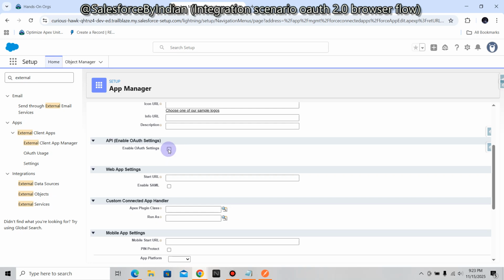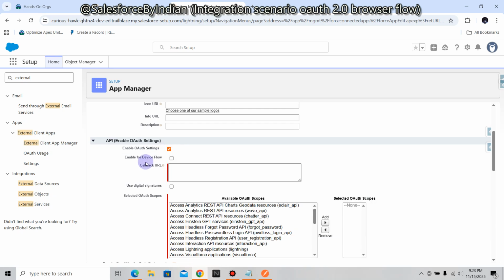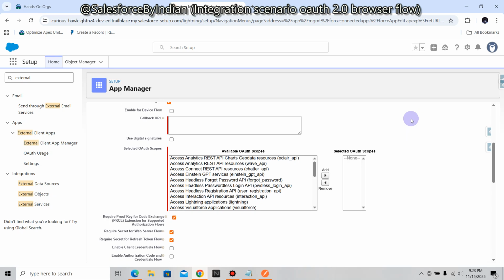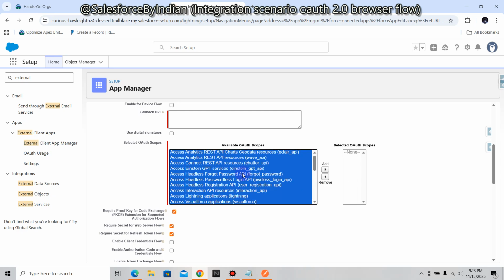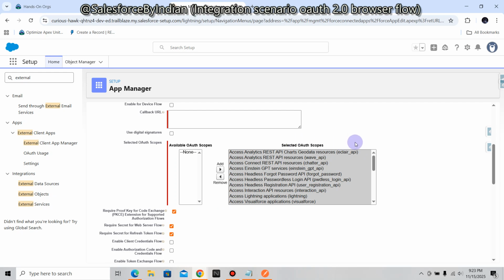Here you have to enable the OAuth settings so that this connected app is configured for the OAuth flow. Available OAuth scopes are there. I will discuss this later, but for now, provide everything. Add to the selected OAuth scopes. In the callback URL you can actually give anything for now, but I want to test from Postman, so I'll give